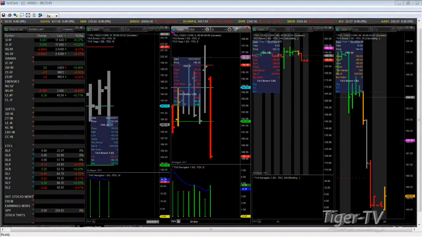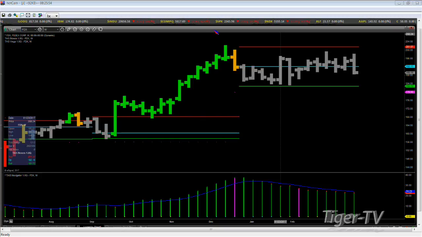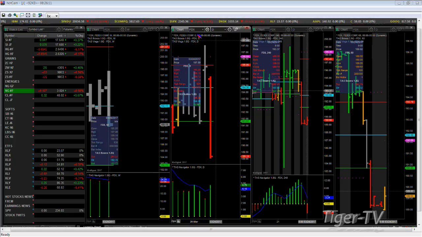Here we go. Let's take a look at FDX. All right, so that kind of break below that 192 area, that's on a wide profile. Remember, that POC means something, so we kind of broke down. So, I'm kind of looking at this stock as a short opportunity, but we've got to retrace back up into 191.82 now. And man, we're trading 189.60 pre-market. So, okay, we're still down there.